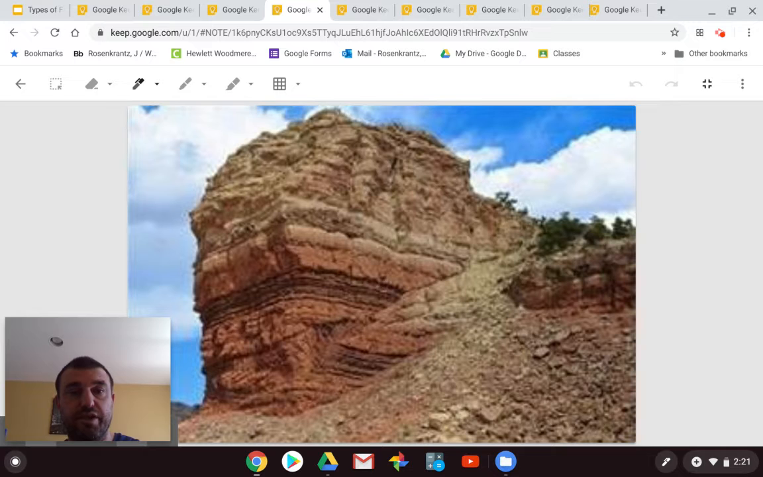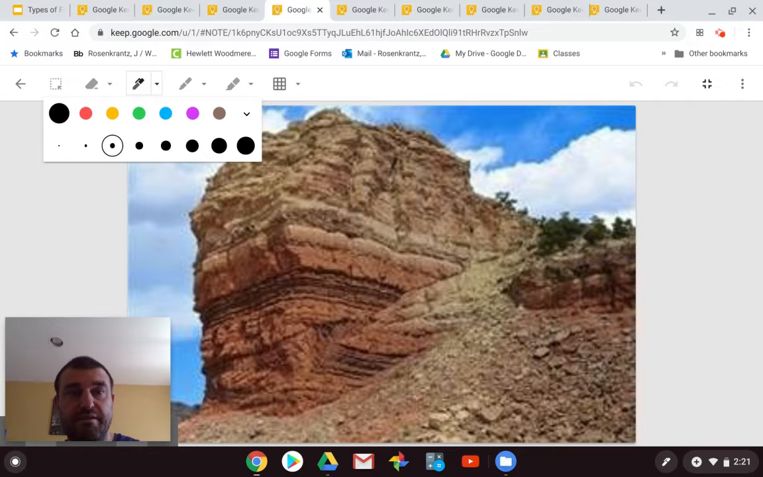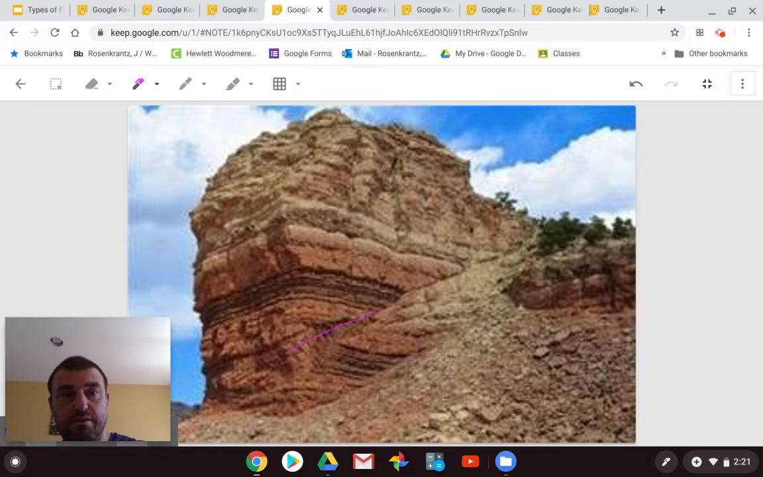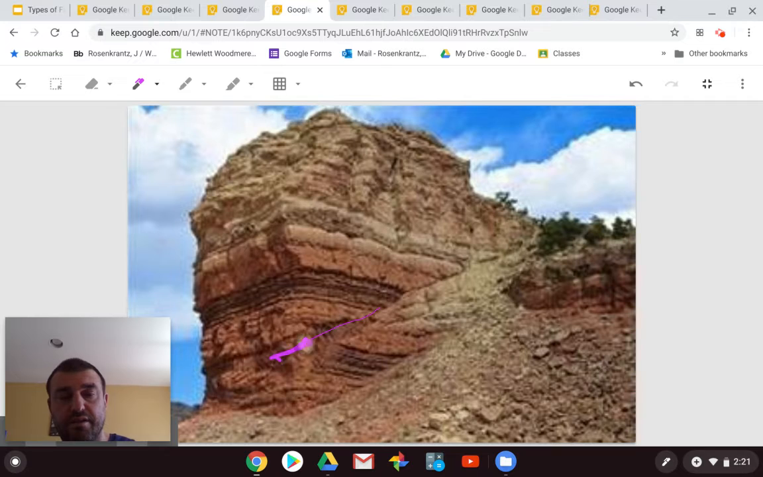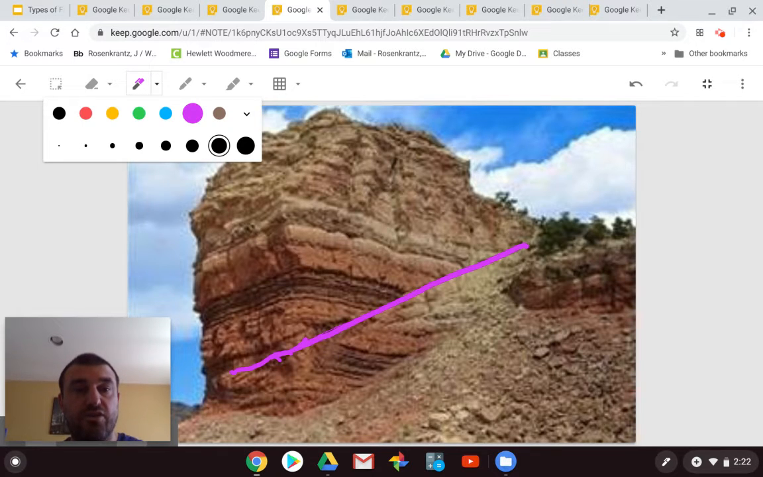see, it's more extreme. You got a little more bold. You have your fault line here, and above that fault line, if you look at that darker red,